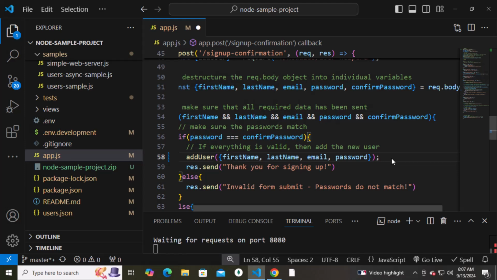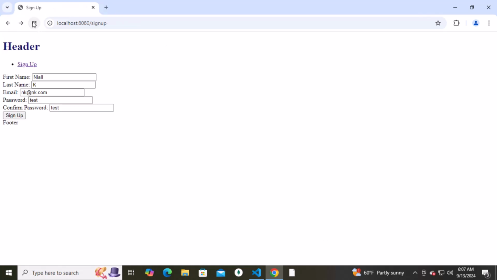Okay, so I'm going to try this again. I'm going to save my changes. Nodemon will restart the app, and I'm going to try the sign up process again. So I'm going to hit the back button over here and then reload the page, and I'm just going to